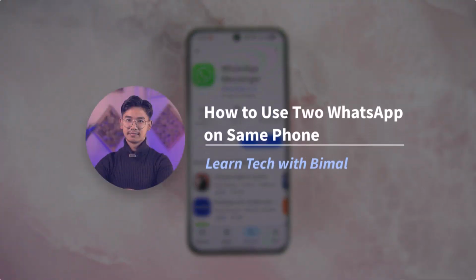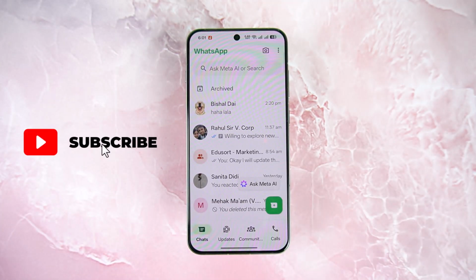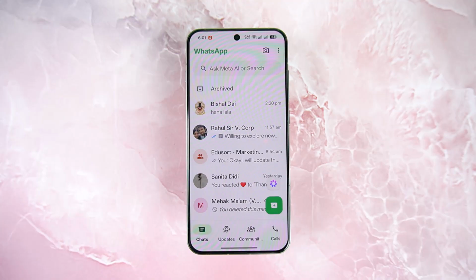How to use two WhatsApp on same phone. Using multiple WhatsApp accounts on the same phone is very simple. In order to do so, we want to simply launch WhatsApp on our phone. Once we launch WhatsApp, bear in mind that this feature right now is only available for Android users and not